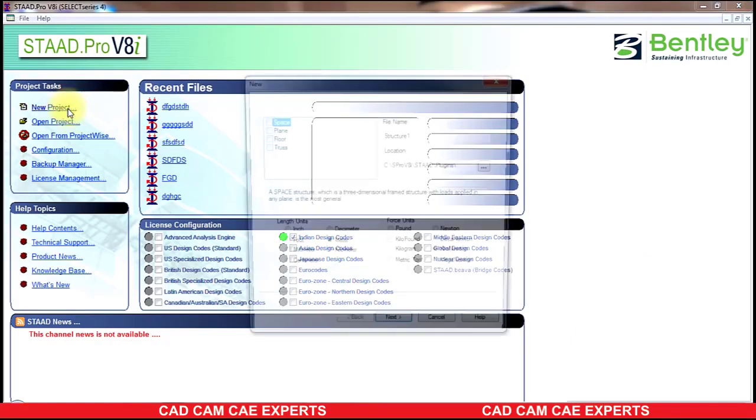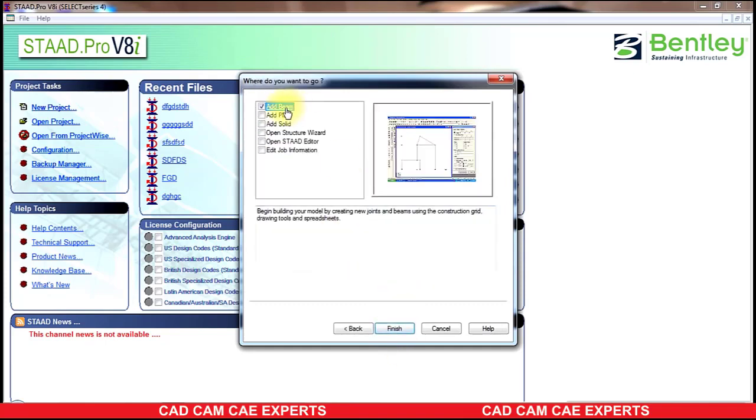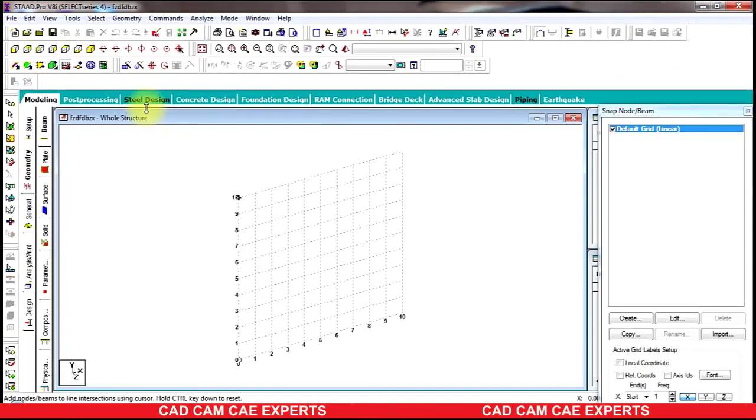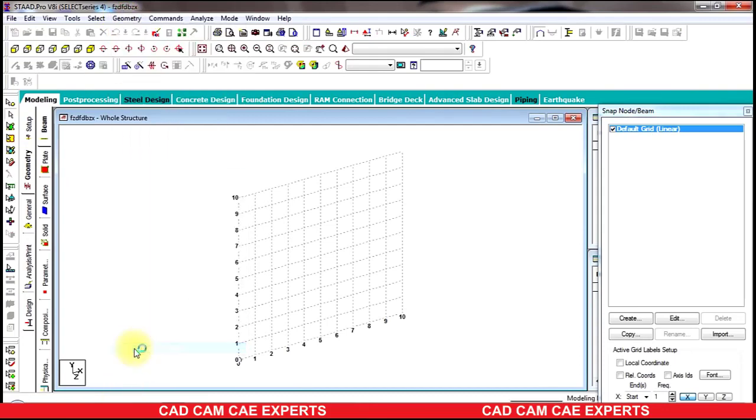Select new project. Select space. Give a name. Let the units be meter and kilonewton. Select add beam. Initially you need to create a structure. So go to geometry, select run structural wizard,